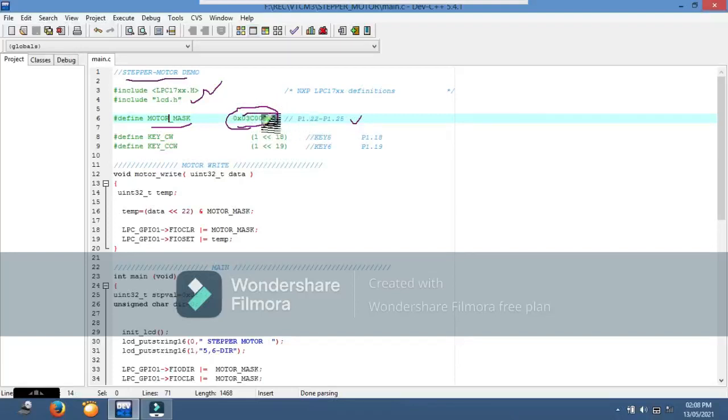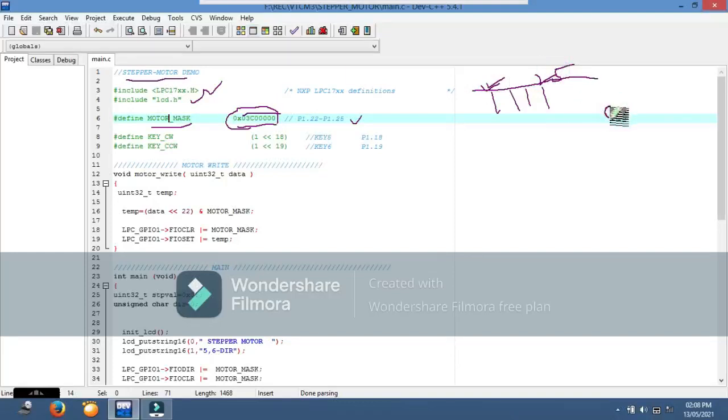That is because in port 1, which is a 32-bit port, pins 22, 23, 24 and 25 are connected to our motor.